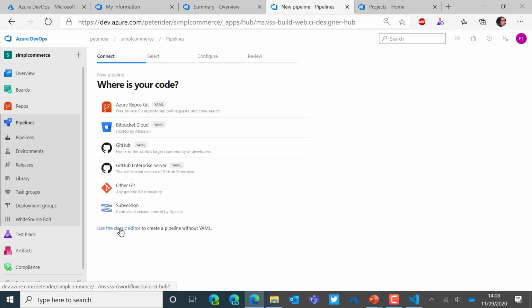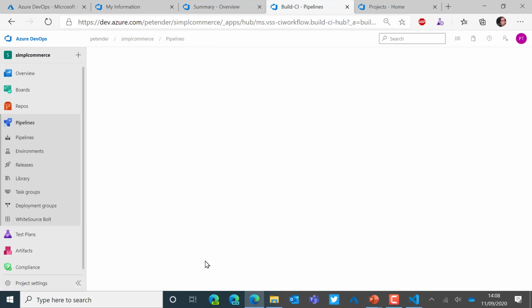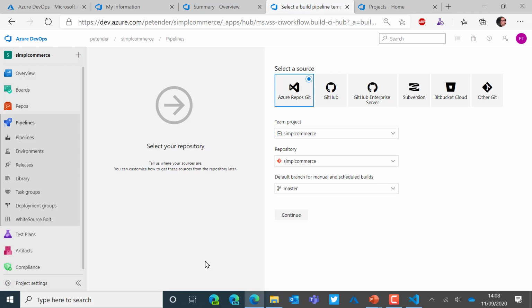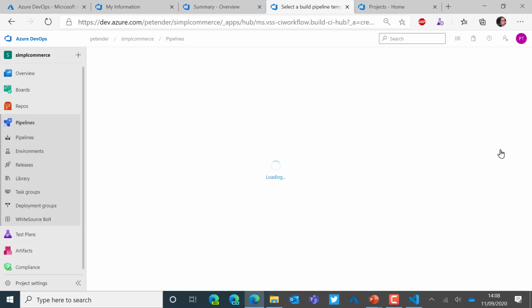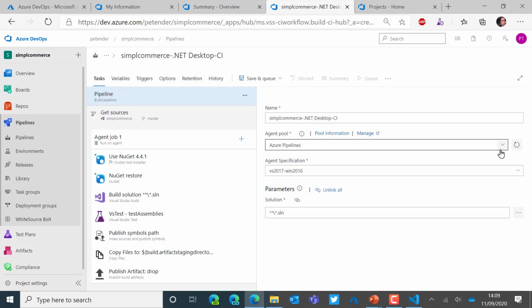If you have some background as a developer in Visual Studio Team Services, or even before, a longer time ago, Team Foundation Server, you might recognize what I mean by the Classic Editor. So the process is about similar. So we start with Azure Repos, but this time we can select from pre-configured templates in a graphical interface what we want to achieve. So it's still the same .NET project, but this time instead of breaking your head on YAML code, we're going to help you and offer you this graphical interface,